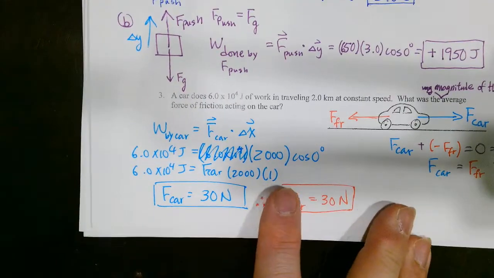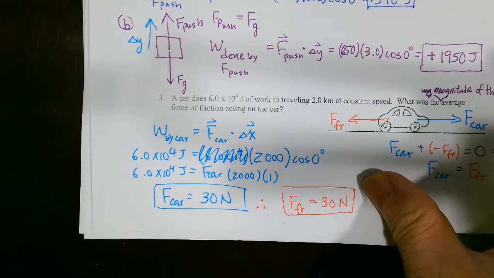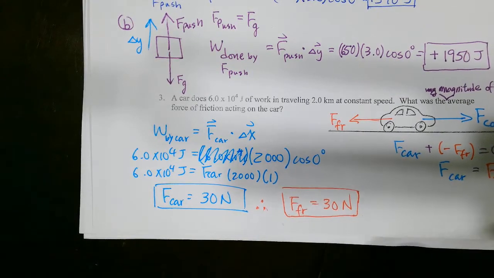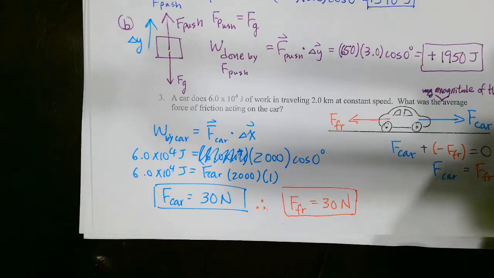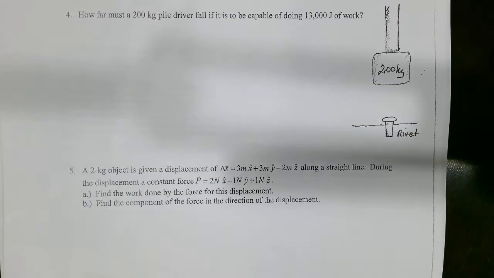Okay? All right. Moving on. So, number 4, how far must a 200-kilogram pile driver fall if it is to be capable of doing 13,000 joules of work? Okay? All right. So,